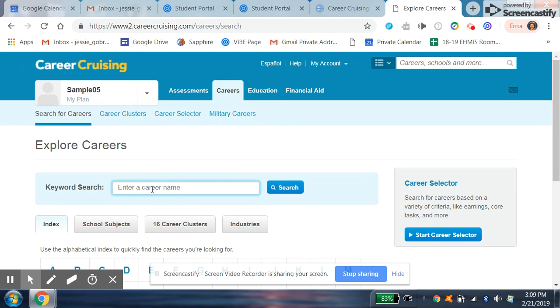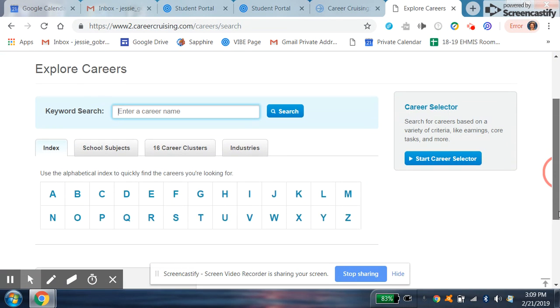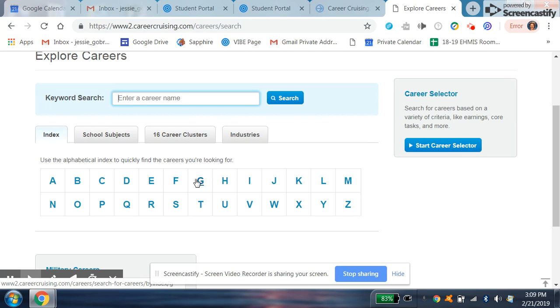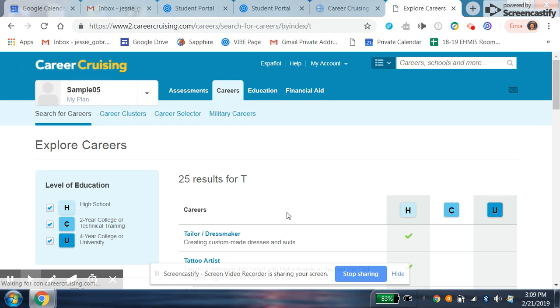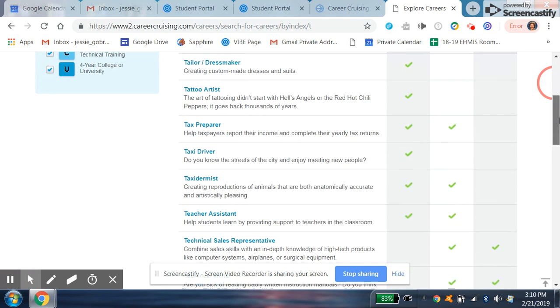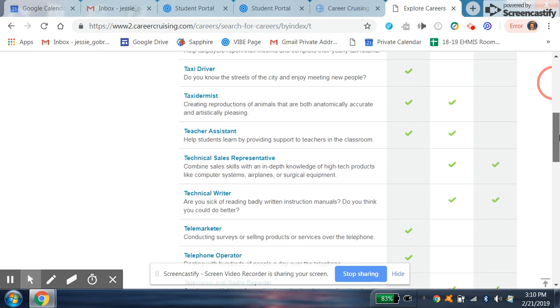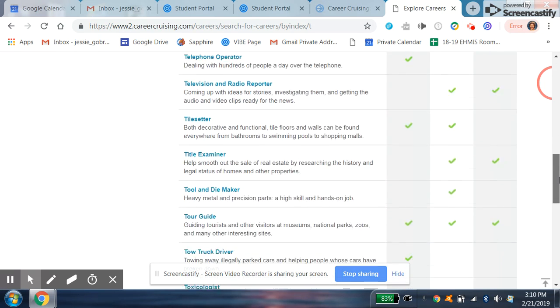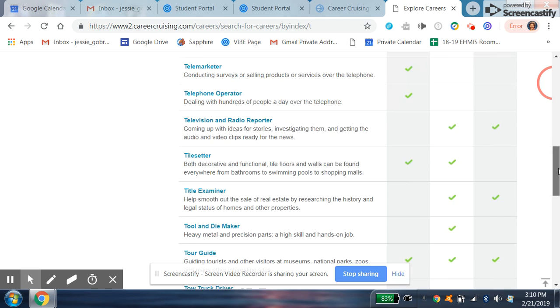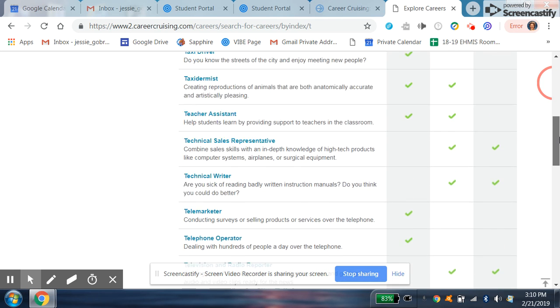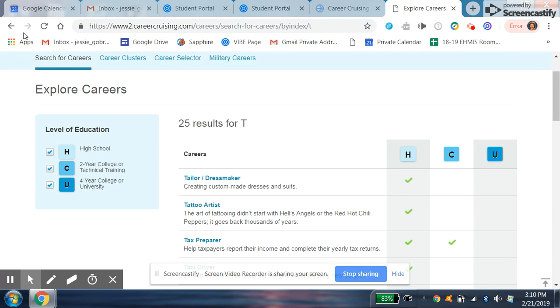You can enter a key career name here and hit search. You can go to the index, say I want to look up teacher. I could go to T, and see if in here it has Teacher anywhere. And it doesn't, so it might be under Educator. Okay, so you could go back